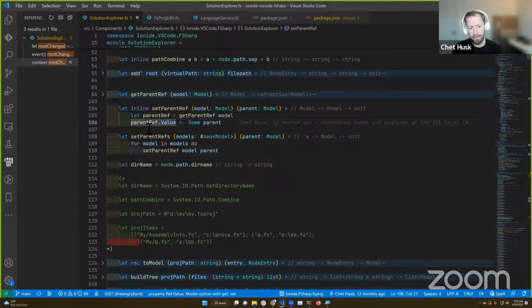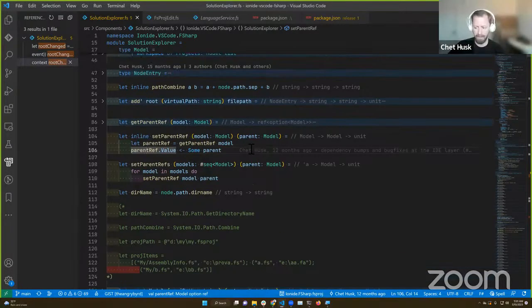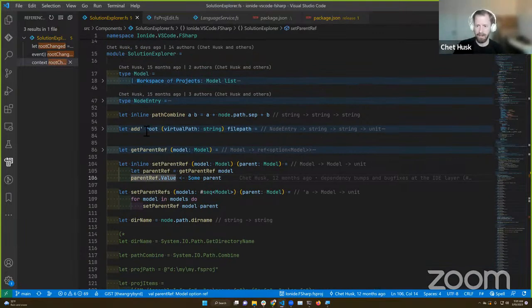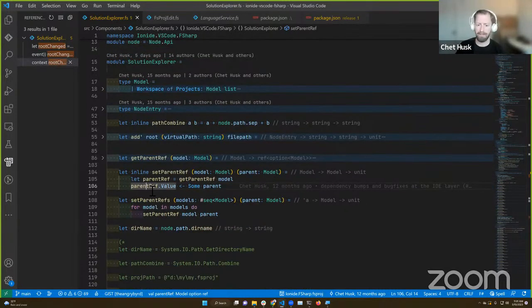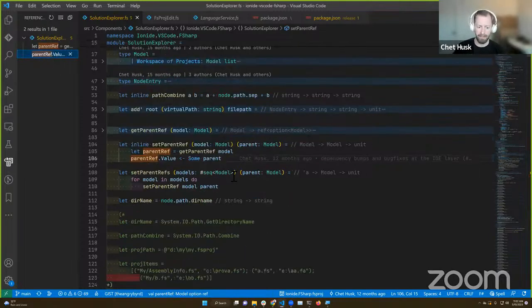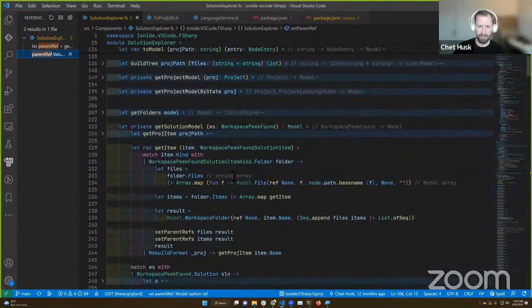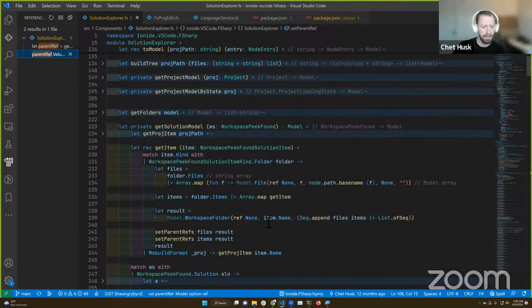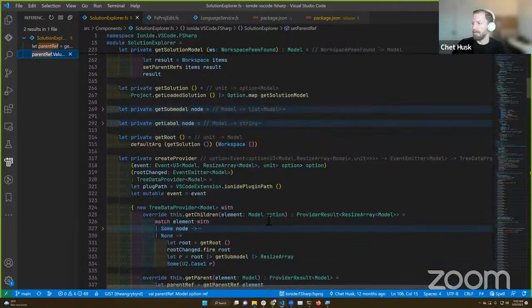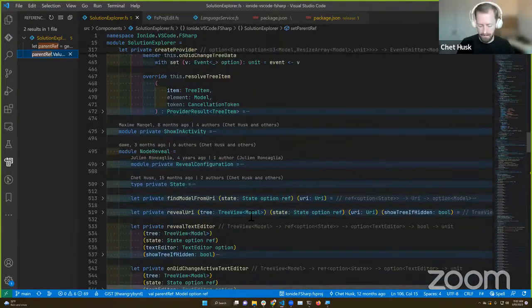But once we build our initial model, there's another event listener that is listening for events from FSAC for when projects get loaded. And that's what then goes and updates the individual nodes in the tree. Let me see if I can find that.